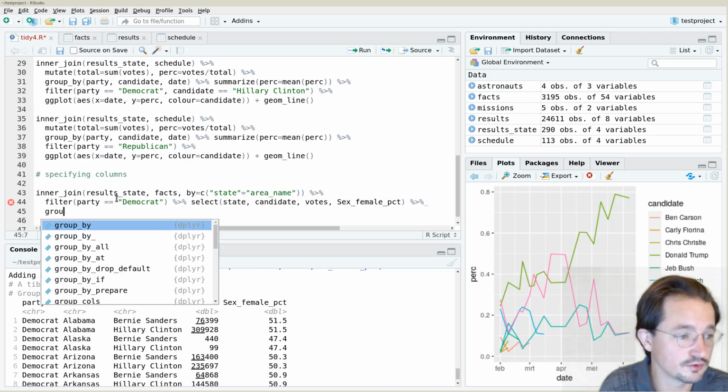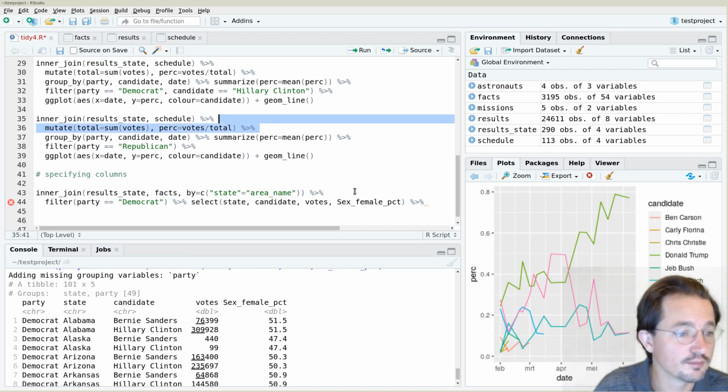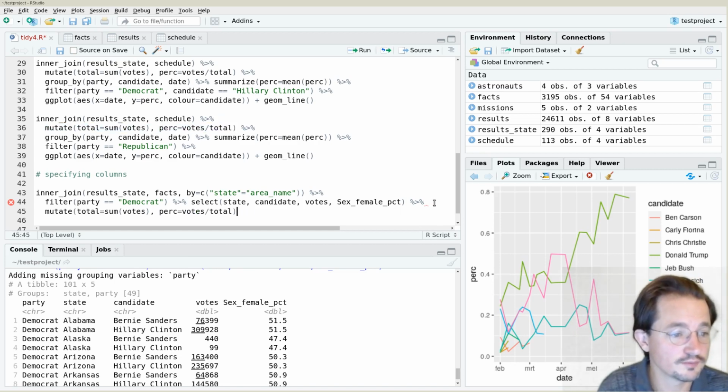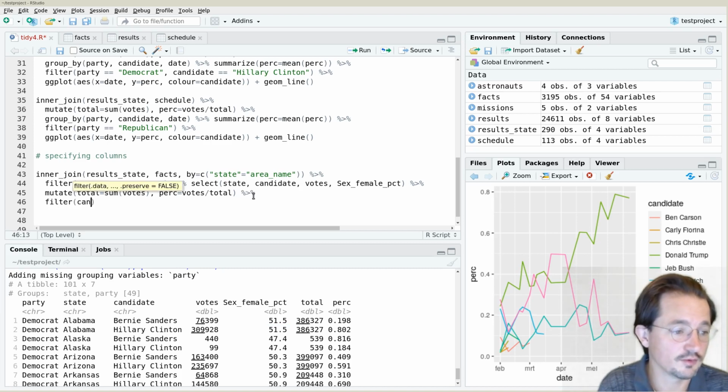It's actually already grouped by state and party, so we can immediately get the percentage command that we used here as well. And so we now see what percentage of the vote Hillary got, depending on the amount of women there. So now we can say that we filter where the candidate is only Hillary Clinton,